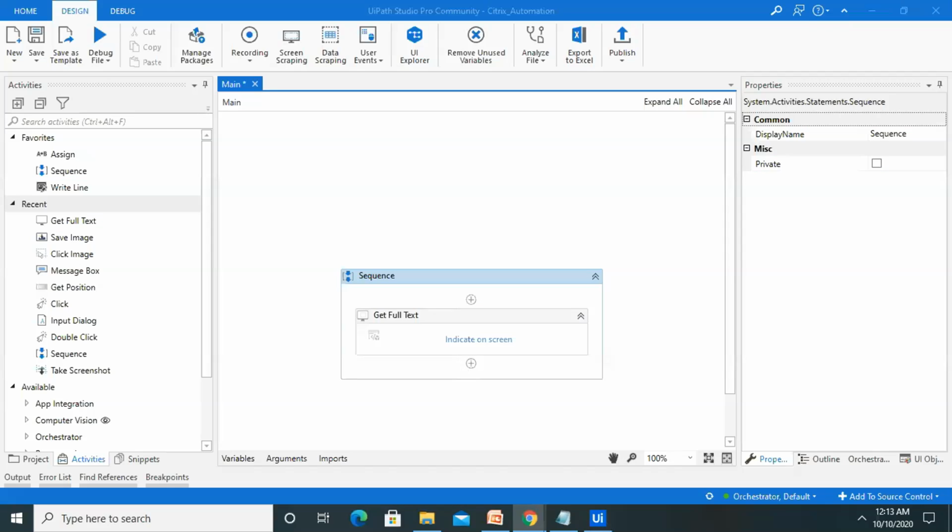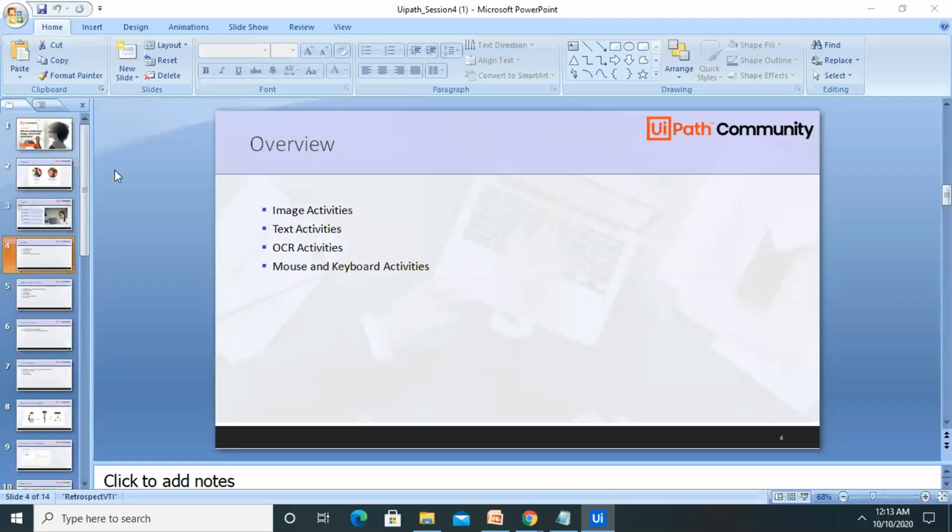Okay. So let's start with the second part of this demonstration. Here we are going to discuss the image, text, and OCR-centric automation piece. Whenever we are talking about the UiPath framework and there are a lot of images and text to be automated, we will need image activities, text activities, and definitely OCR or Citrix activities.